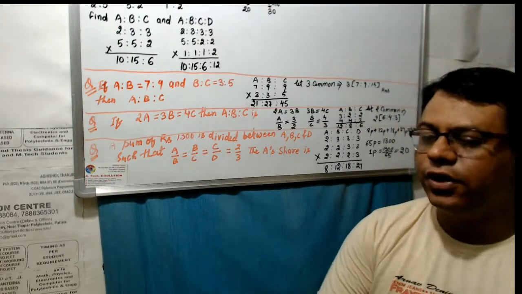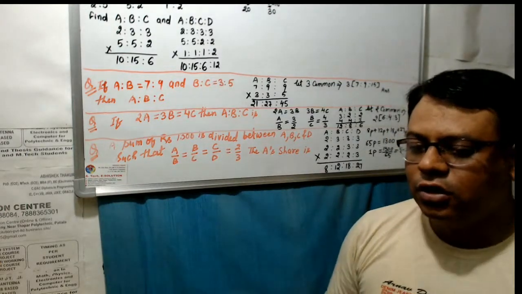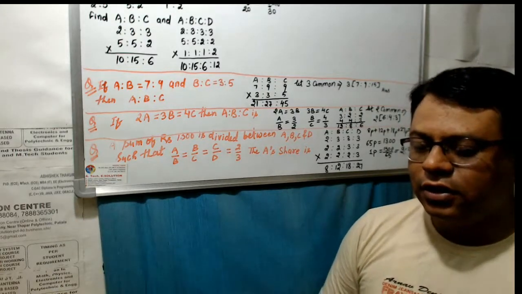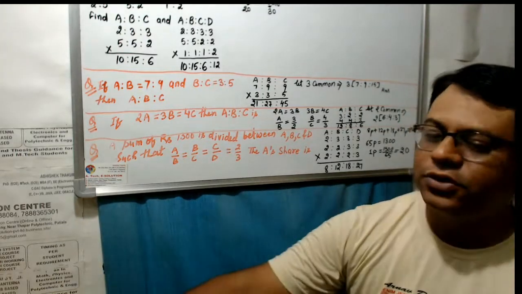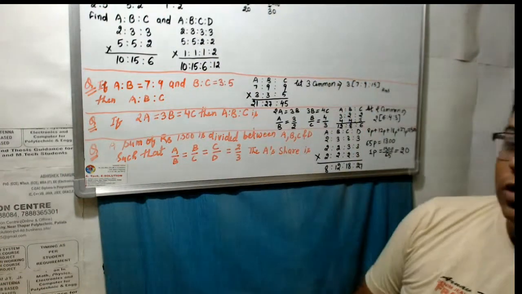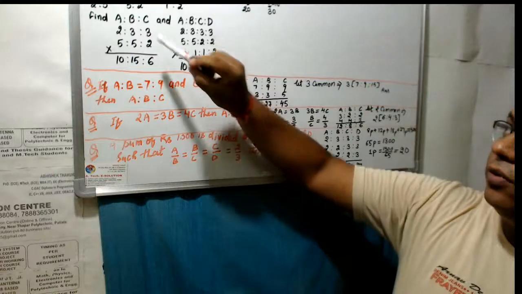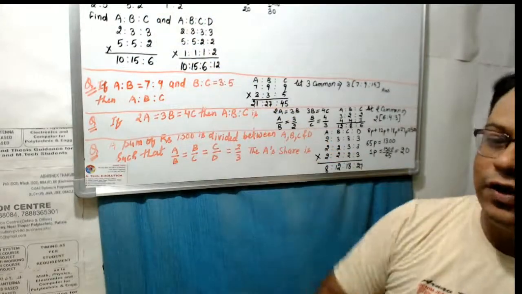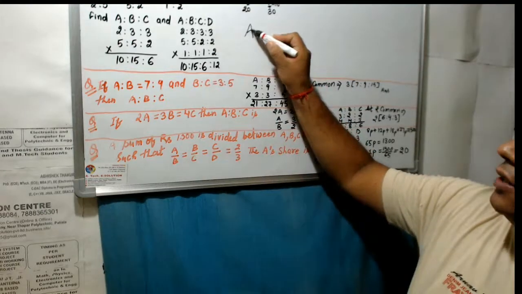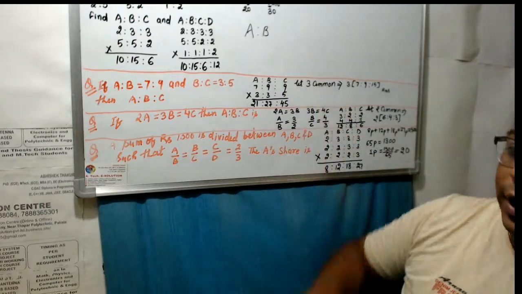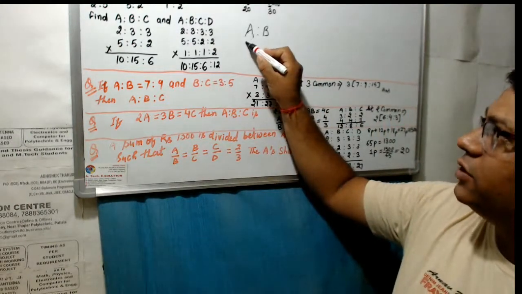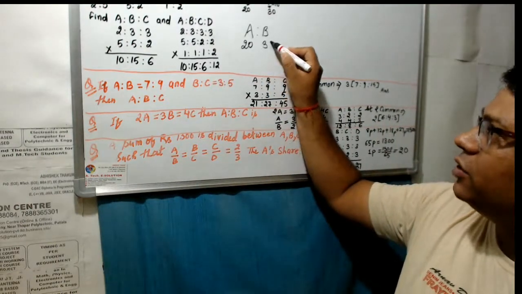Today's lecture is on mathematics. In this lecture we are going to discuss some basic concepts of ratio and proportion. In this question we have to define the ratio. Ratios are defined as A ratio B. If we take two numbers, A is equal to 20 and B is equal to 30,